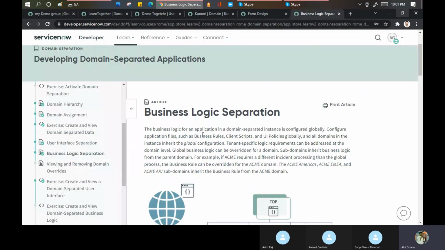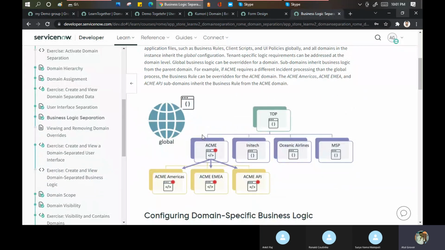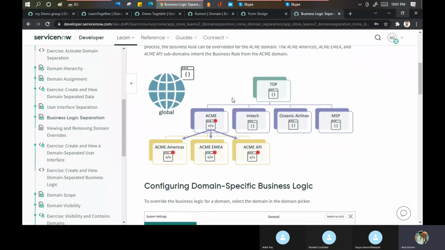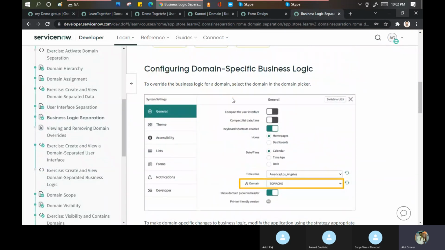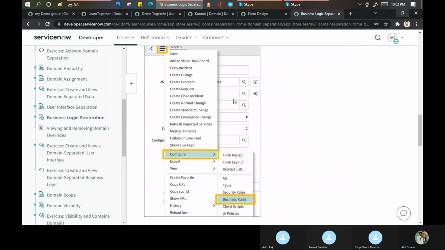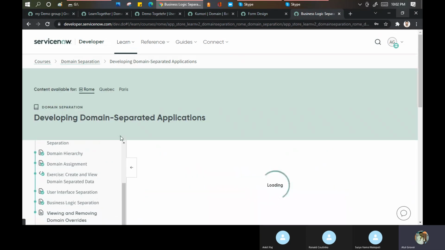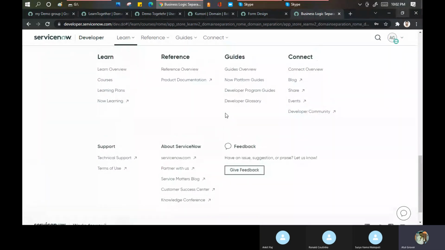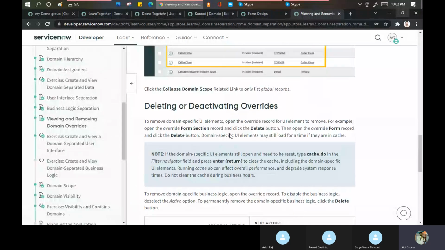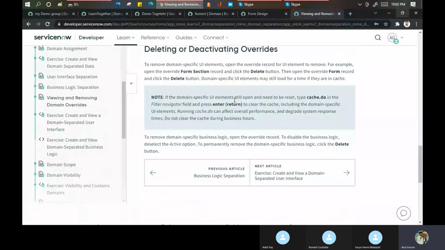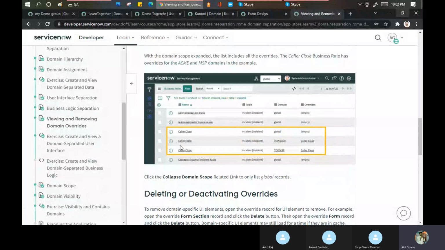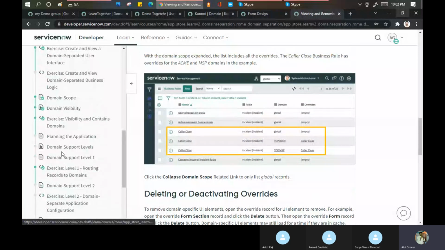If you want to make any changes in any of the business rules, you have to make sure that this business rule does not impact any other domain. Okay. The same goes for removing and overriding domains. So if you want to do this, parent and child वाला काम होता है यहाँ पर delete करना, अगर आपको, then you can delete it from here. Okay.